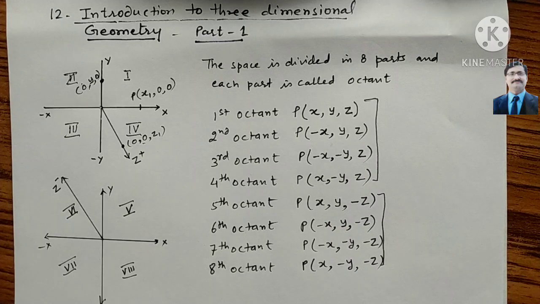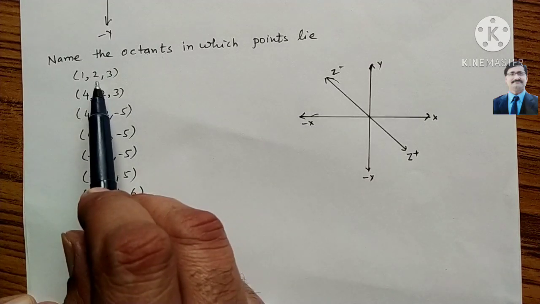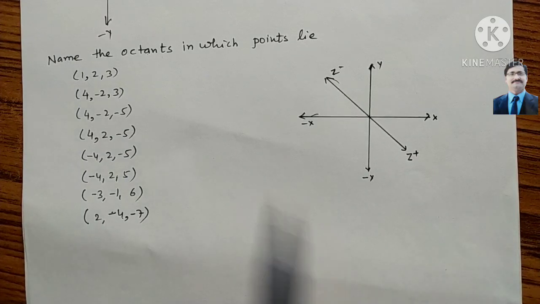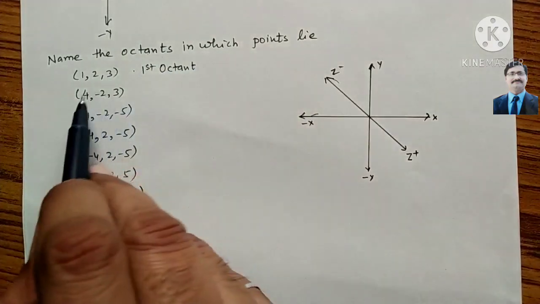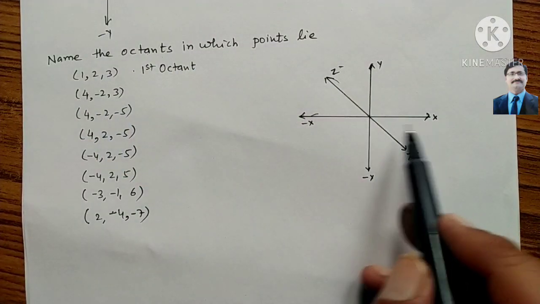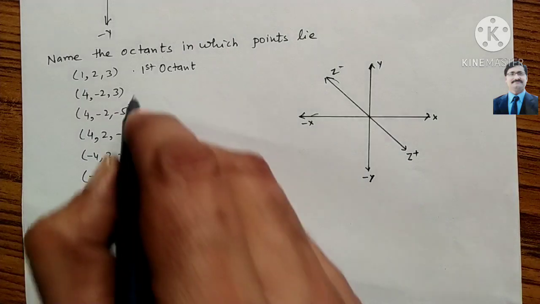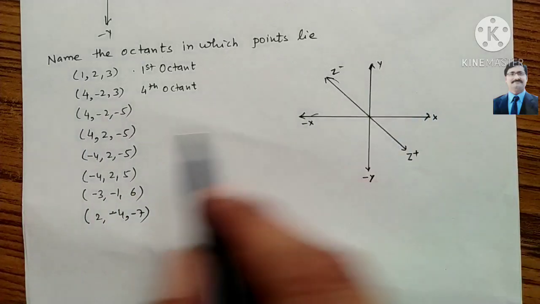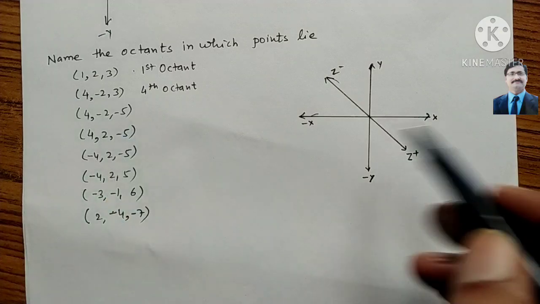So if any question asks about the other coordinates, you can find them out. And look here, I will give you some questions where you have to find the octant. Look at this question here. X, y and z all three are positive, so it is in the first octant. So you write here it is in the first octant. Okay, and x is positive and y is negative, so it is in the fourth octant. Okay, and look here, x is positive, y is negative, and z is also negative, which means the backside, so this is the